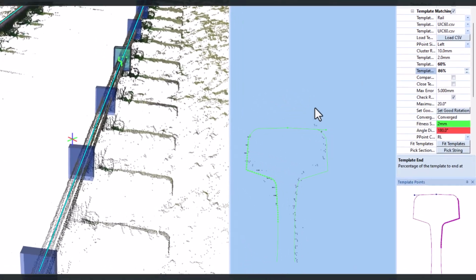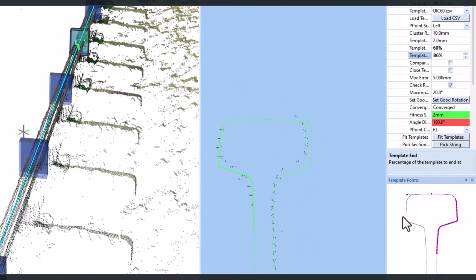Now what we've got to be careful of is that it doesn't flip like this. So you can see the template is actually here, and the point we're trying to extract is this one here. If I was to say go to the right, it will flick to that side, but obviously we need it set to the left. Okay, so currently it's deciding that cluster there is going to give us a better result. If I try using the whole, let's say it's a 50,